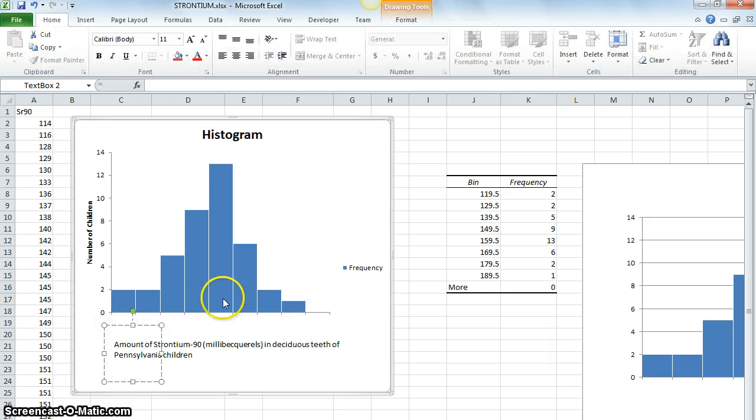I'm going to click it near this first hash mark, and I'm going to start labeling the upper and lower class boundaries. 109.5 was my first lower class boundary, and then all of the upper class boundaries: 119.5, 129.5, 139.5, 149.5, 159.5, 169.5, 179.5, 189.5. And then I'm just going to adjust the spacing of these numbers manually